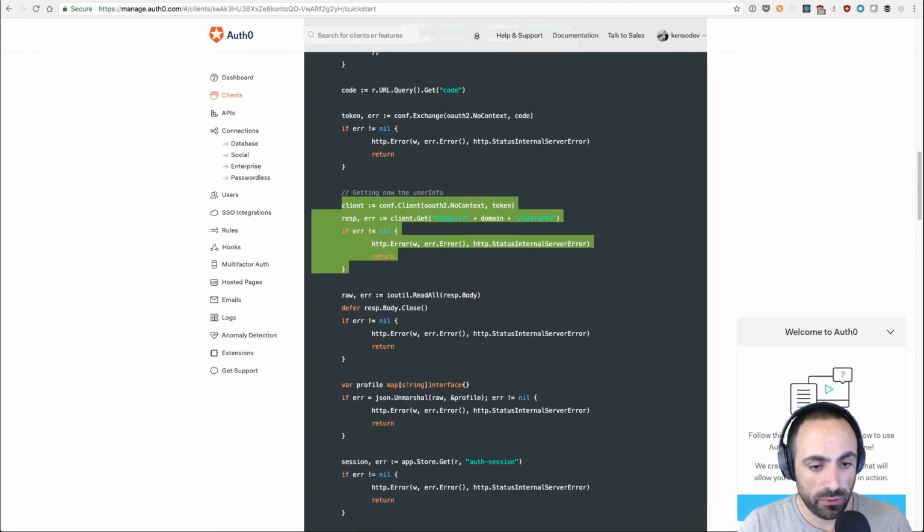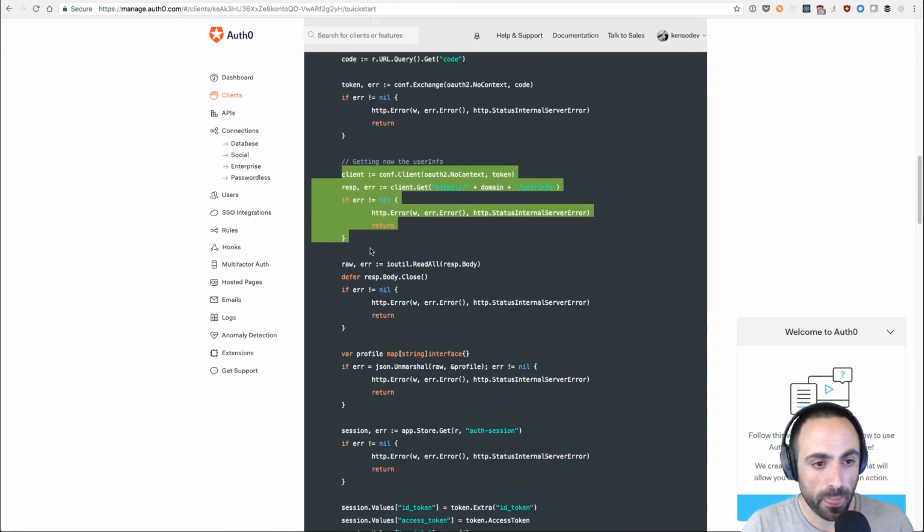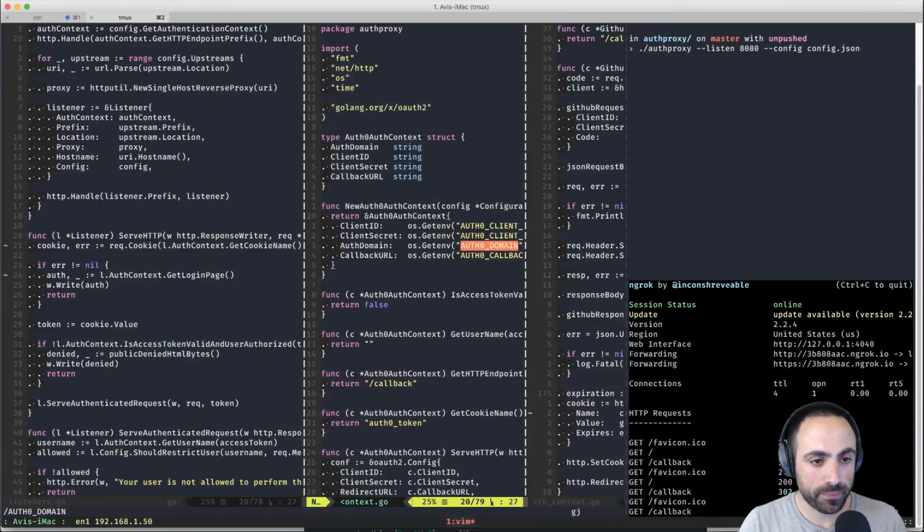Right, then profile, then json.Unmarshal, and then session. So raw, and then error. Okay, so client, and then configuration.client, and we get the user info, and then the profile, and we unmarshal the profile. Okay, so let's go here.